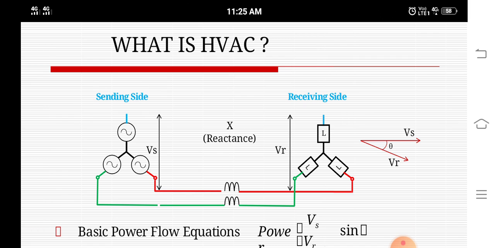Stability limit means the power transfer in AC lines is dependent on the angle difference between the voltage phasors at the two ends. For a given power level, this angle increases with distance, and the maximum power transfer is limited by consideration of steady state and transient stability. The power capability of the DC line is unaffected by the distance of transmission and is limited only by the current carrying capacity of the conductor, that is, the thermal limit.